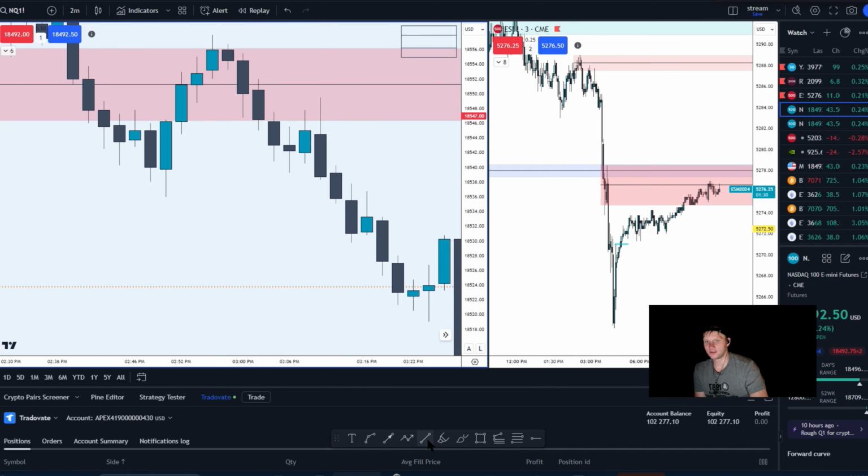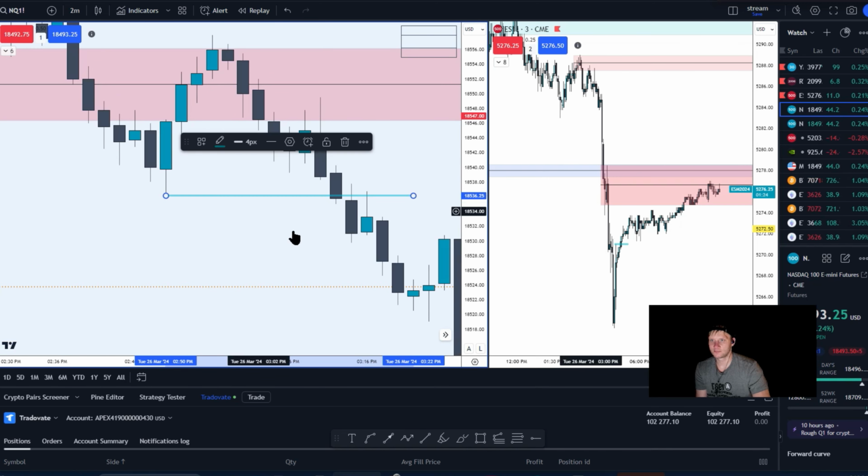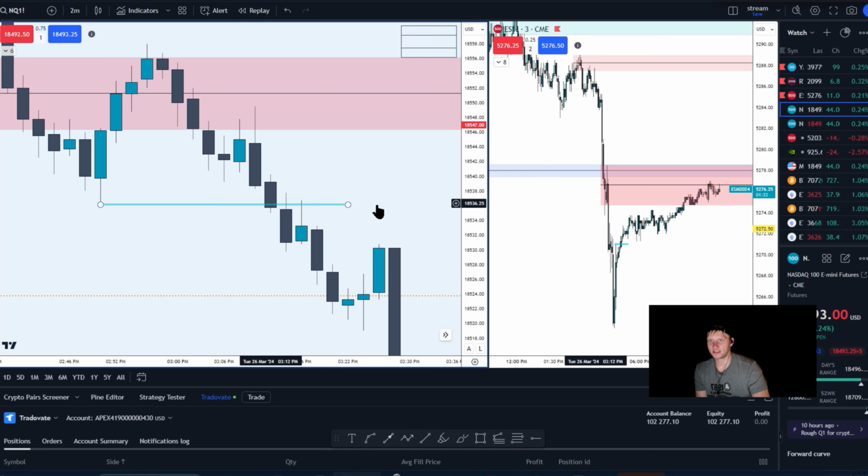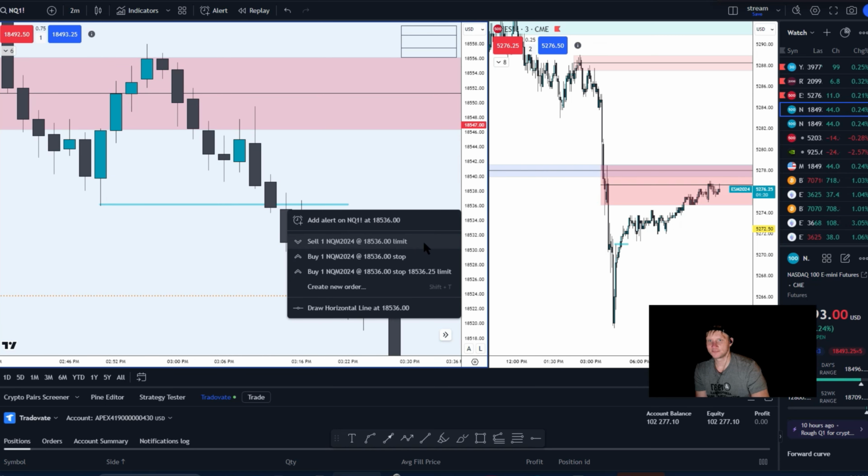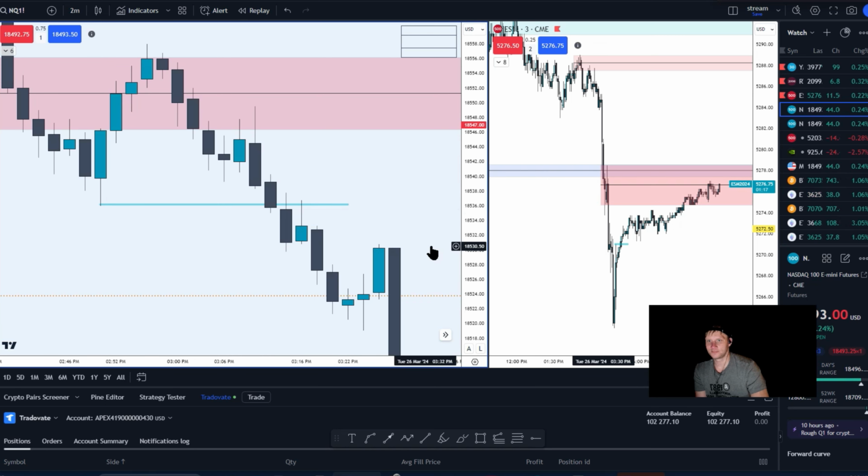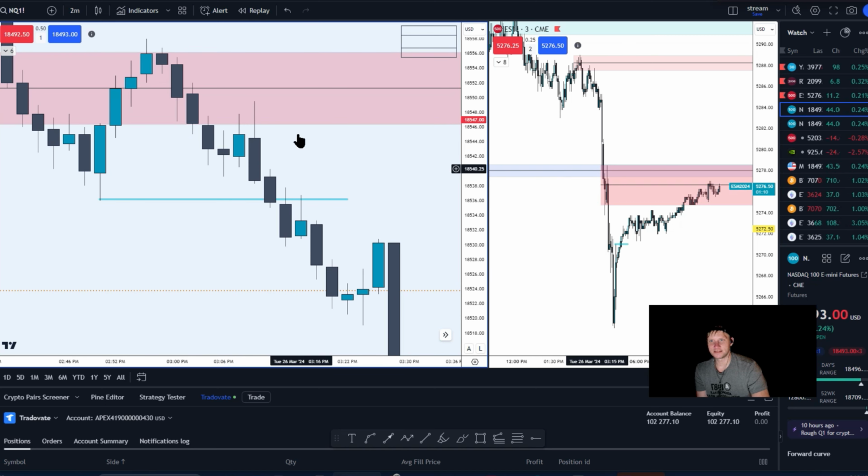Let's say your profit target was this low. Most traders are going to put a limit order there. They're going to go like this. They're going to put a limit order there to exit, right? But wouldn't it be better to just wait until price told you? But you have to learn how to identify